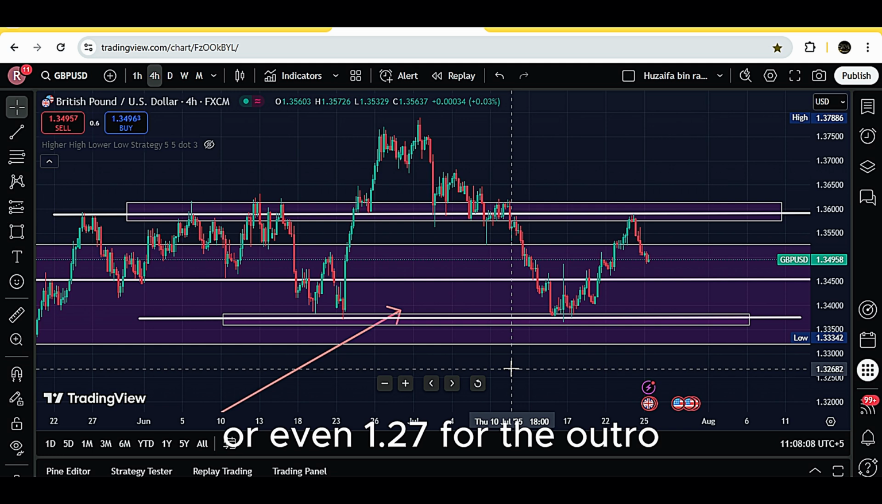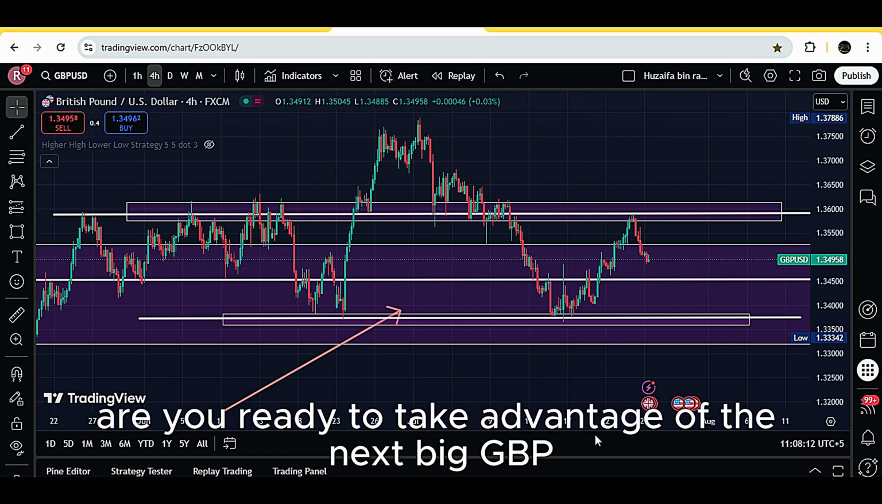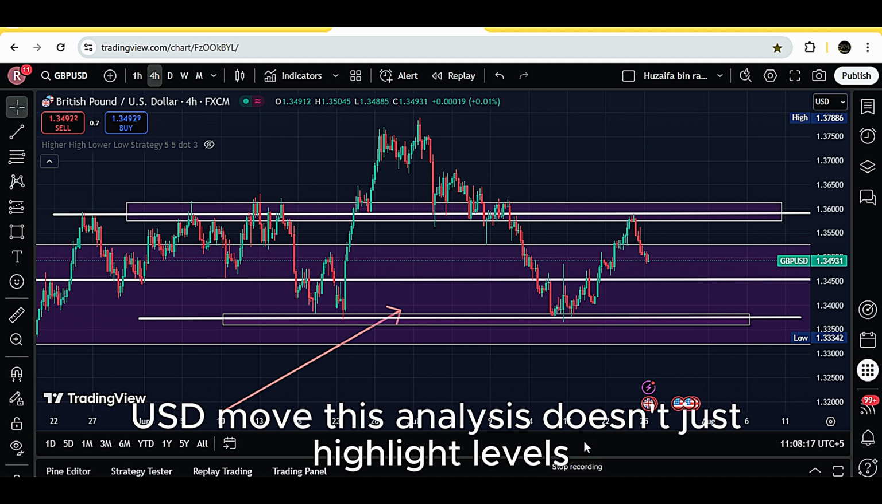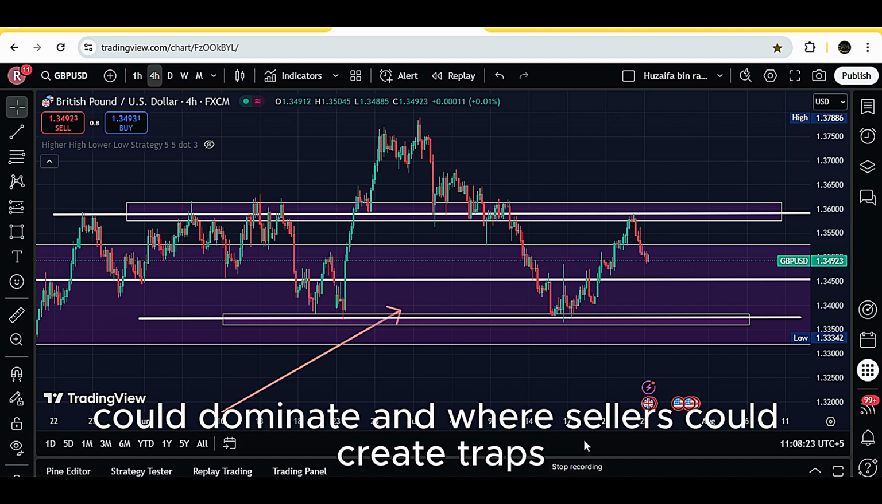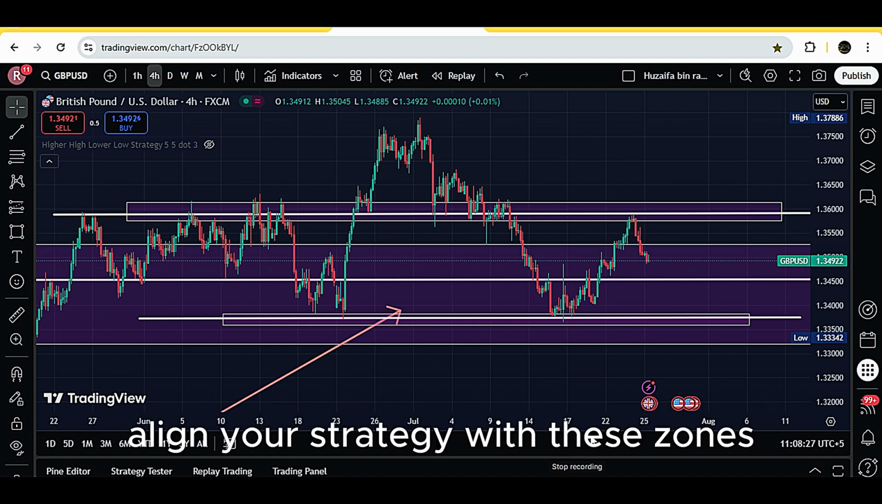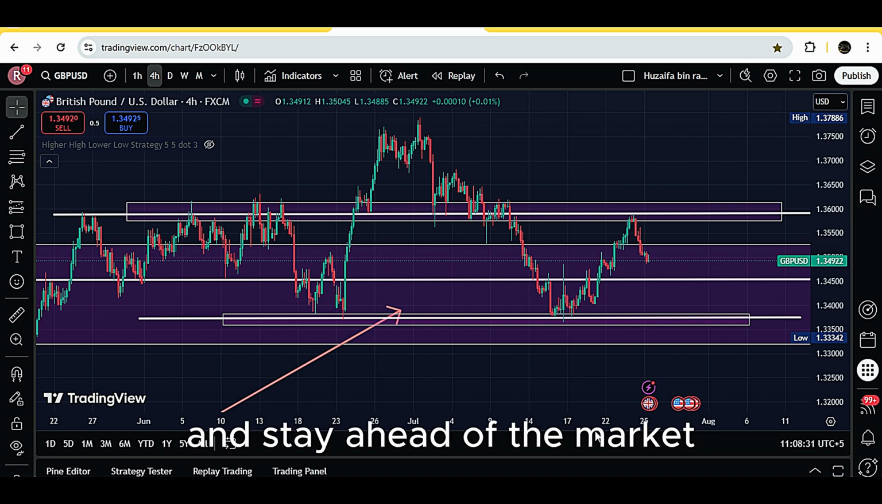For the outro, a strong message to your audience could be, the real question is, are you ready to take advantage of the next big GBP USD move? This analysis doesn't just highlight levels, it gives you a clear roadmap of where buyers could dominate and where sellers could create traps. Align your strategy with these zones, plan your entries and exits carefully, and stay ahead of the